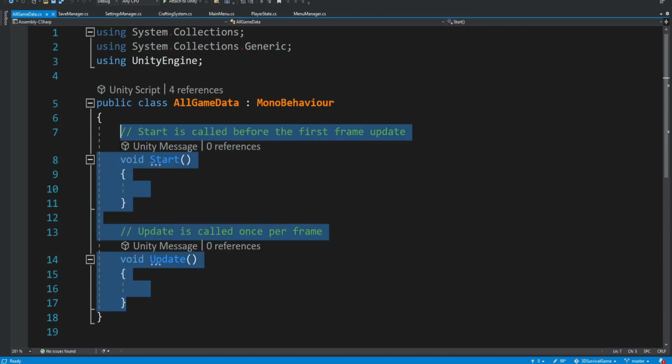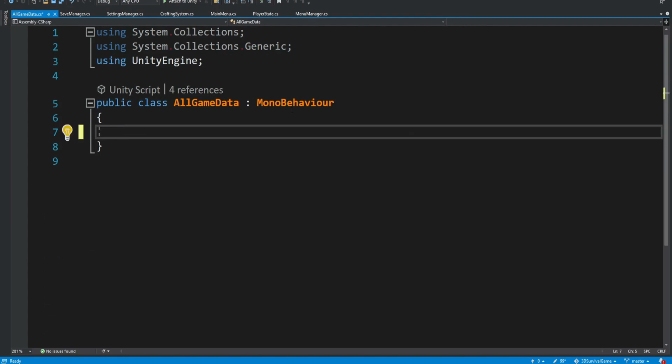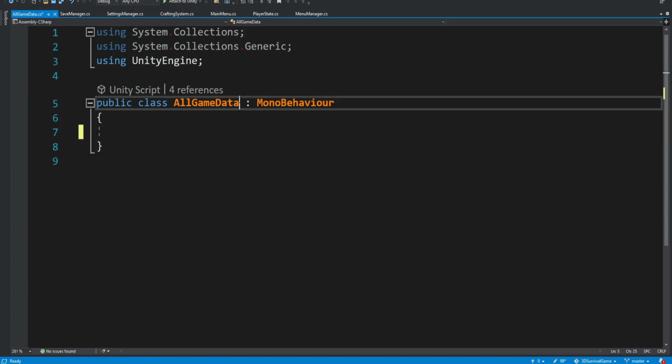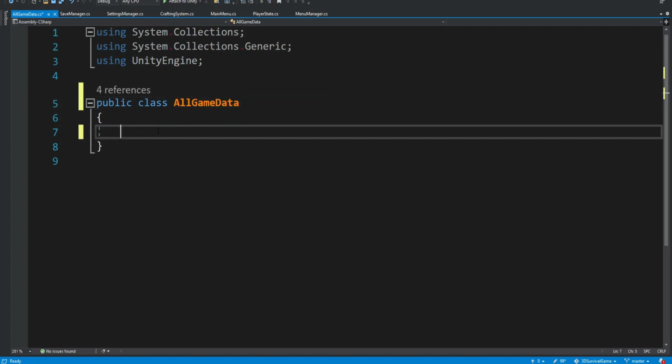We are going to delete all of this, and we're not going to inherit from MonoBehaviour because this will simply be a class that is going to contain other classes, and we don't need any methods that belong to MonoBehaviour. So all we're going to have inside this all game data is a public player data,